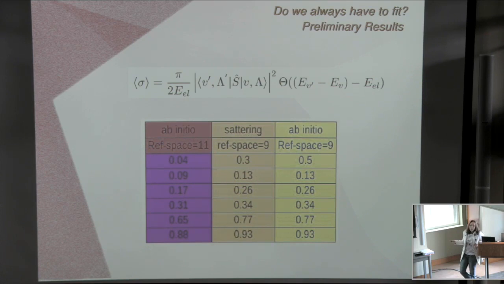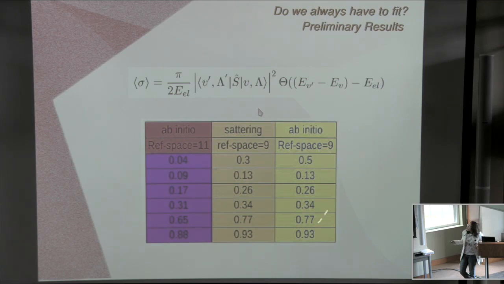We start by comparing the quantum effects, how well the calculation that we can afford to do agrees with the initial calculation that we have done. The initial calculation, we did in a bigger reference space, and the difference between reference space 11 and reference space 9 is about 300,000 configurations. So from here to here, you're dropping all these configurations just because we cannot afford this calculation. And we see that there is a very good agreement with the quantum effect, so we expect that the cross-section is not going to be